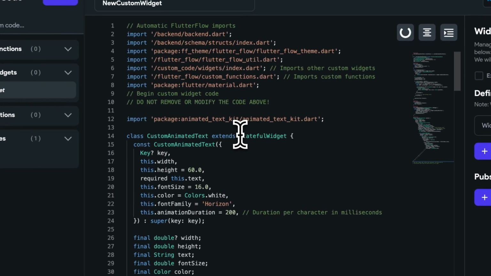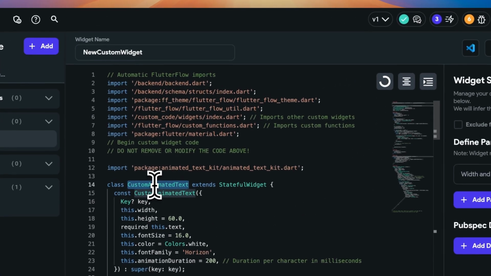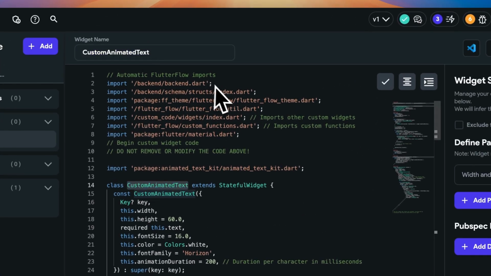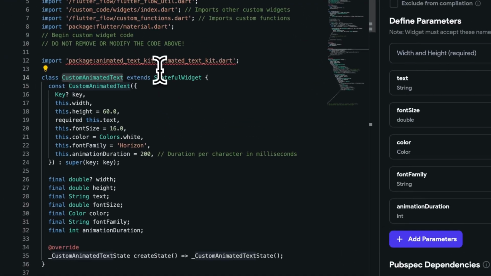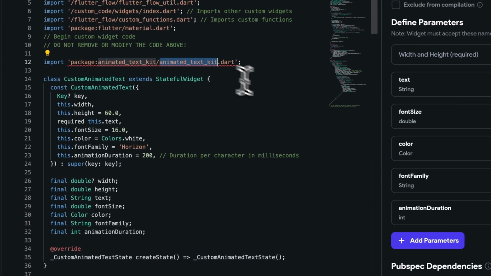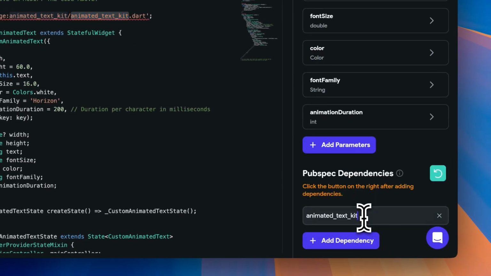It uses the animated text kit package from pub.dev and can be easily amended to change the effect to one of their many alternative animated text styles. There's also a couple of highly customizable animated text widgets on Flutterflow Marketplace you can deploy in an instant. This sort of effect is perfect for storytelling, where words appear as if they're being written or read live.